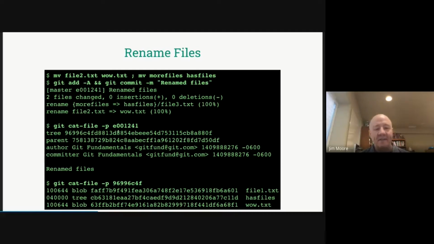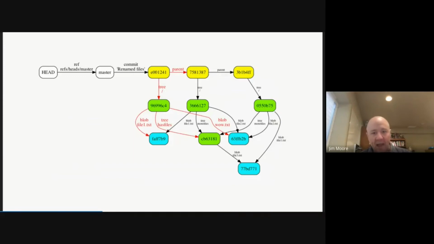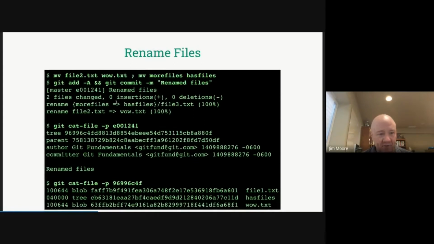If we take a look at the commit itself, we could again see much of the same information that we saw before. There's our tree. And again, we still have exactly 3 blobs. Our subtree hasn't changed at all, even though this tree has changed because it has this new piece of information in it and this new piece of information in it. Because this content changed, that means that it generated a new hash for those values that are inside there. Because this is different content. So if you SHA this content, it's going to be a new value.